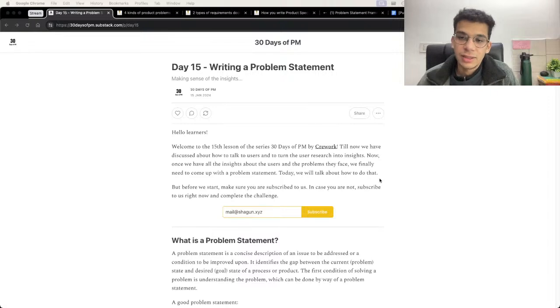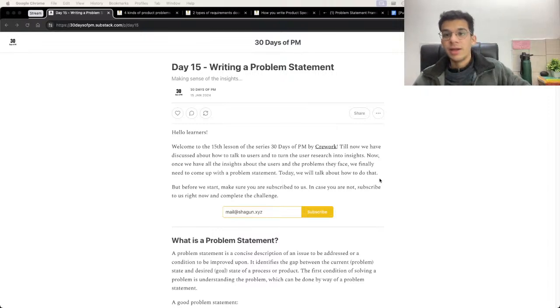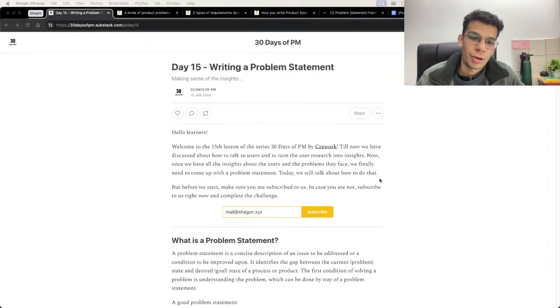Try to validate and build a solution for your own specific problem. And once you build the solution and get to the solution phase, you come across other people as well who have a similar problem statement as yours, right? So that is typically the journey recommended when, for example, a new startup starts, or a new product line or a new product feature is launched. You will try to look at and solve for your own problems as a user, and then see if the same problem is also reflected and also reported by other users within the community and within the industry, right? So this is one way to look at problem statements and identify these problem statements, right?